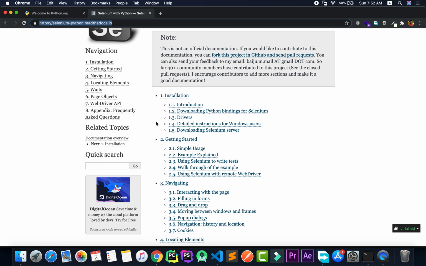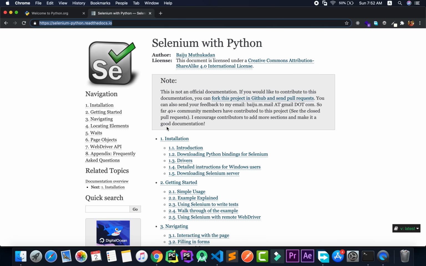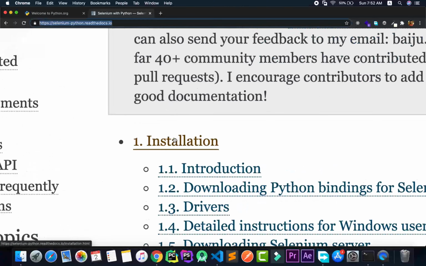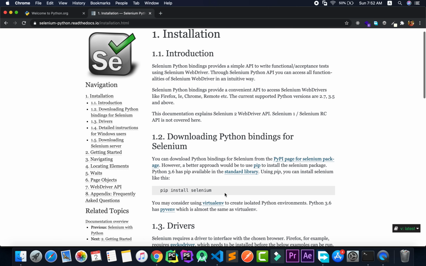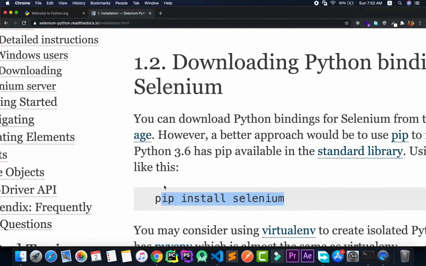We'll be talking about this a lot and using this entire Selenium package, but for the installation part, you can go to installation, and here you can see the first thing, pip install selenium. Since it's a package, you need to install that. So I'll copy this command here.